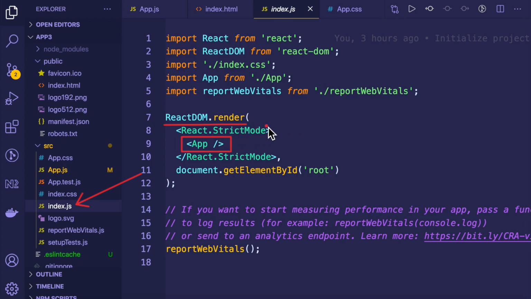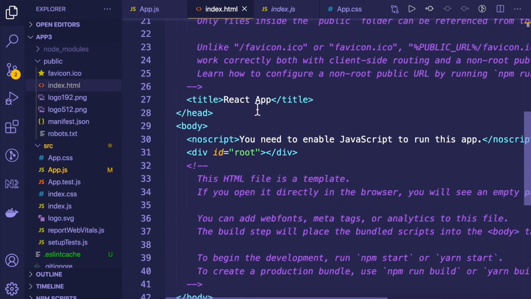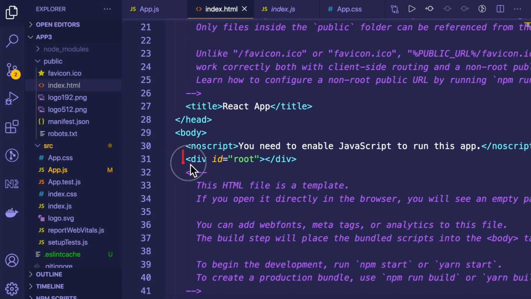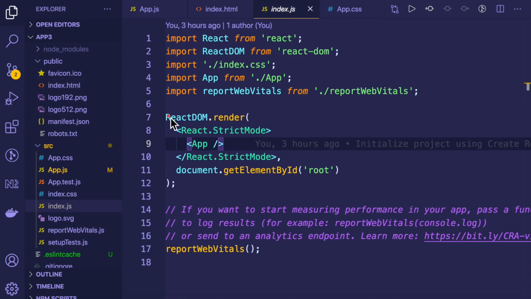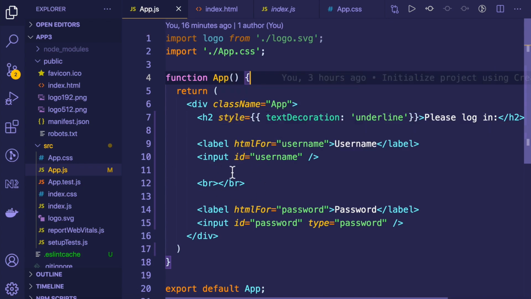So please ignore that for now. So the first argument is this app component, and the second argument is an element with the ID root. If you go back to index.html, you can find a div tag with the ID root. So what we are doing is we are asking React to render this app component within this element with the ID root. You can observe over here that we are importing app component from the file app.js, which is in the same directory. And this is how code within app.js becomes part of the index.html, which is loaded when we